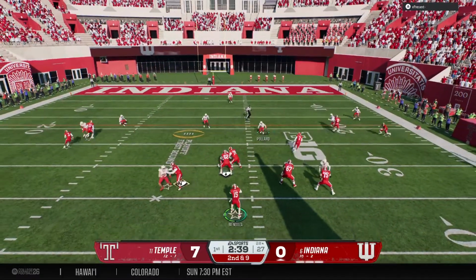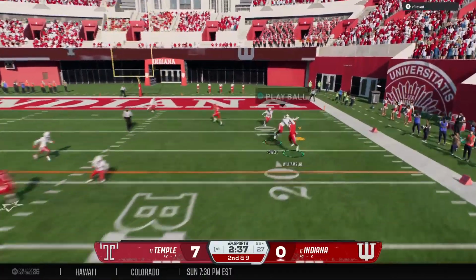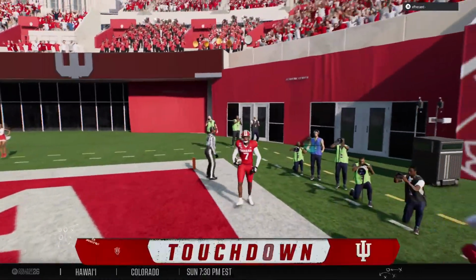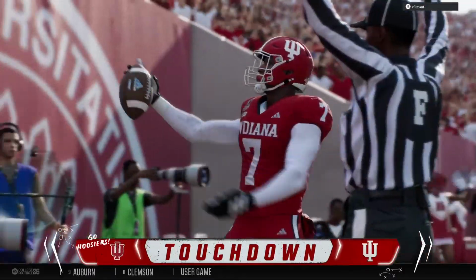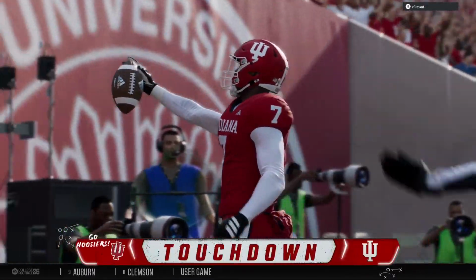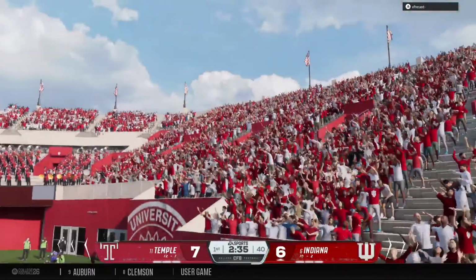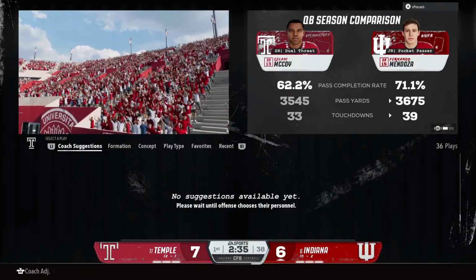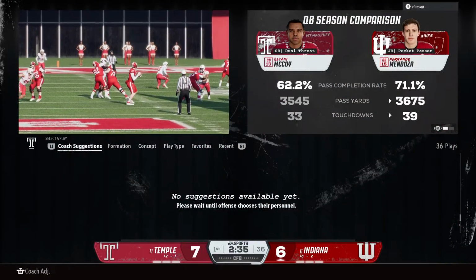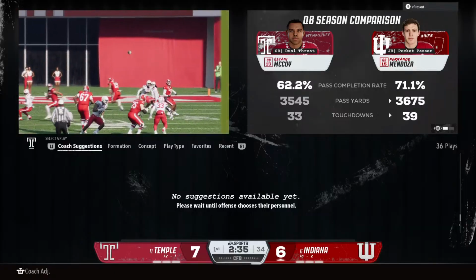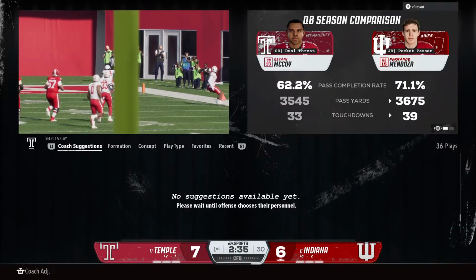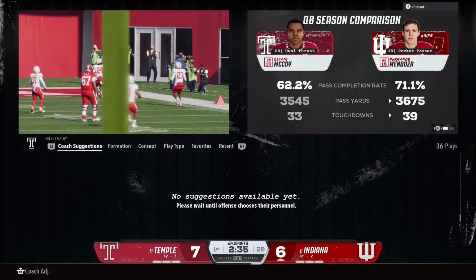Dropping back, it's Mendoza. Looking for the wideout. What a catch! Has a path to the end zone. Touchdown, Hoosiers, as they fight back here in this playoff game. This guy can do it all. We've seen him go behind coverage and make plays downfield. We can see him catch the ball underneath, just like this. When he catches a football, he is so dangerous after the catch. This one leads him into the end zone for the 6 points.